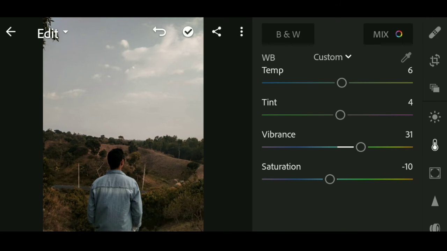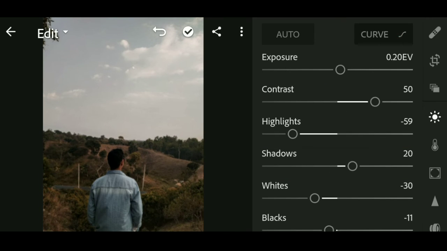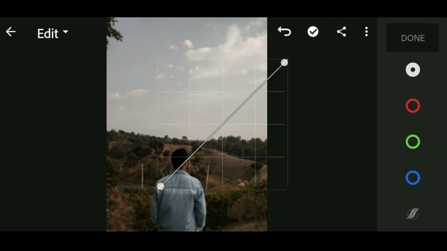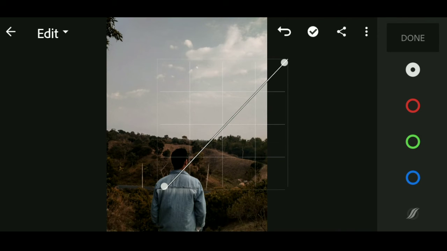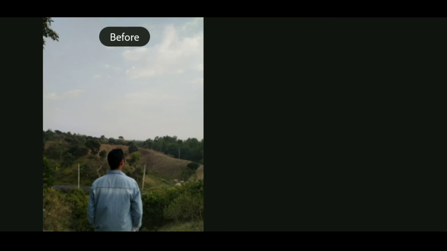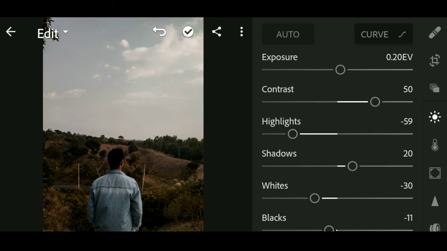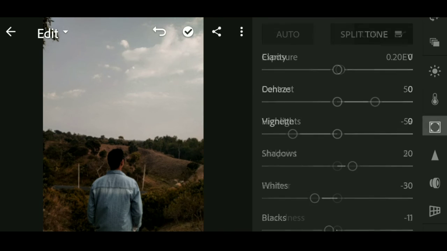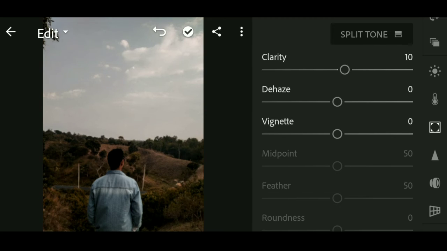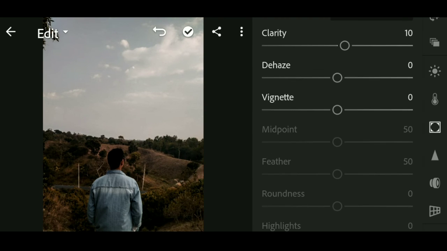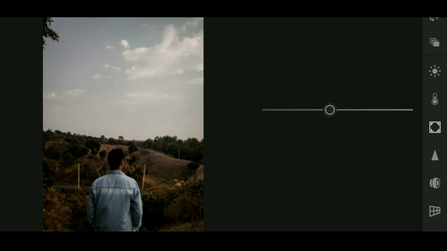There you see. Now we will go to lights again and we will go to grain and we will go to this one. We will decrease that a little. It just looks better and darker. You can see. Now we'll go to this one and we'll increase the clarity plus 10 and vignette minus 10